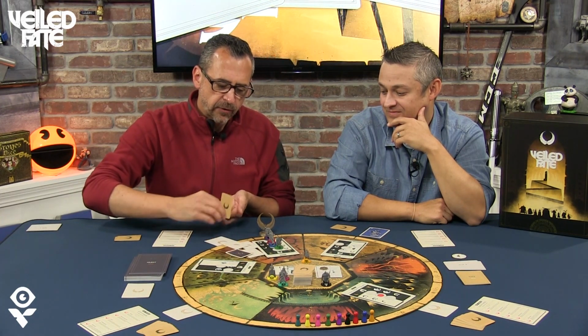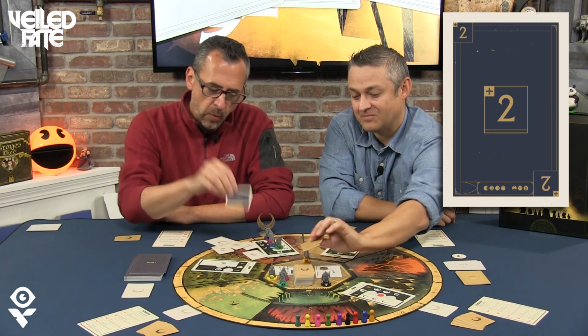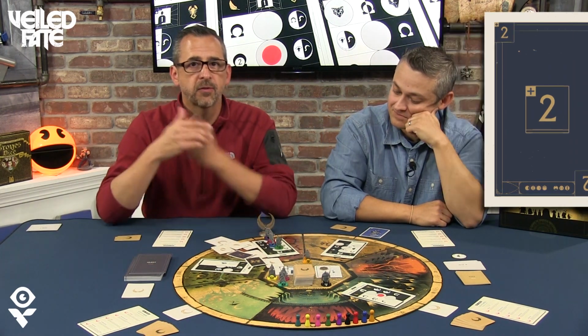The feathers and the scorpions are going to come out. In this case, no scorpions came out. However, this one card came out that we haven't talked about yet. This has a little +2 on it. Whenever one of these comes out, it's a bit of an agent of chaos. You're going to bring out 2 more fate cards from the top of the deck,